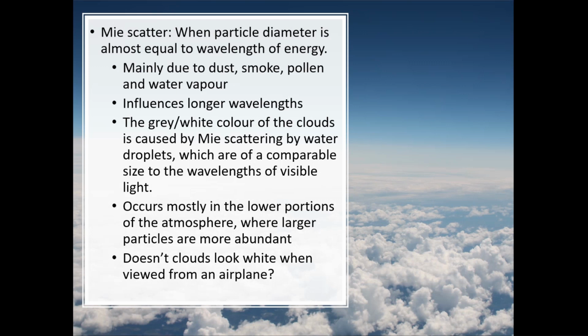Yeah, so that happens because on the top of the clouds, Mie scattering occurs. During the Mie scattering, when the light falls on the top of the clouds, there is a lot of water vapor or water particles in those clouds. So in Mie scattering, the particle diameter is almost equal to the wavelength of the incident energy, and that energy is diffused. Whatever energy falls on the top of the cloud is reflected, and the top of the cloud appears very white, but most of the energy falling on the cloud is reflected from the top surface itself, so most of the energy doesn't reach the base of the cloud.